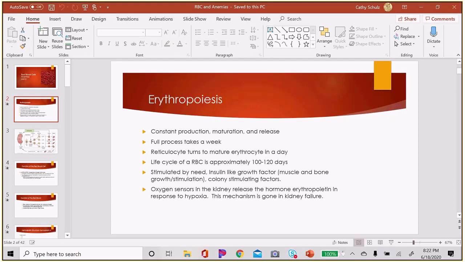It takes a full week to make a red blood cell, to go from the progenitor cell to the immature reticulocyte. That's the one that's thrown into the general circulation and matures in a day to the erythrocyte. So an erythrocyte, or a mature red blood cell, will live for 3 to 4 months. Over time,